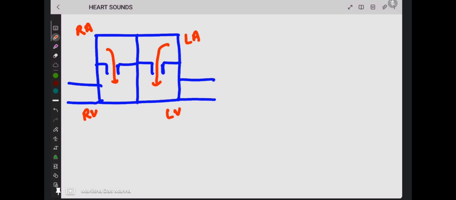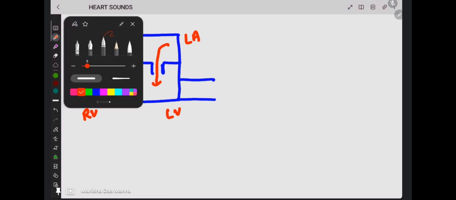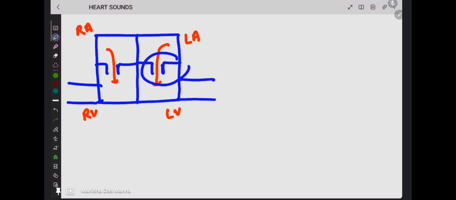One important thing is the opening of the mitral valve as well as the opening of the tricuspid valve. When blood comes from atria to ventricle,